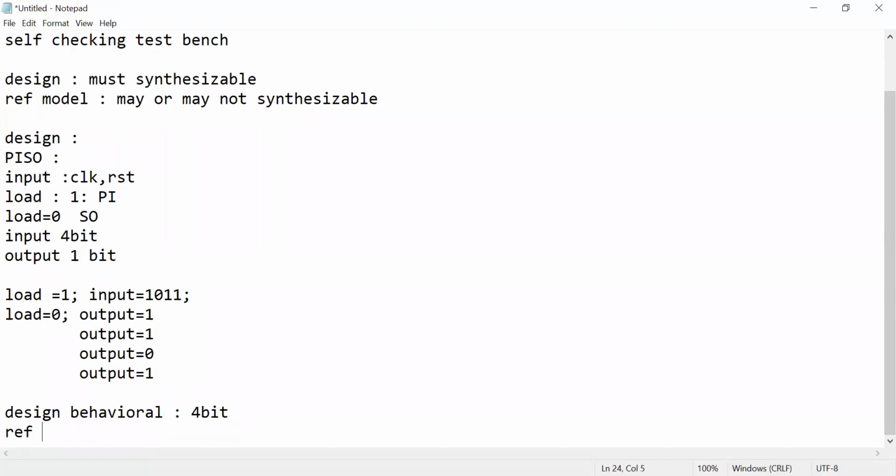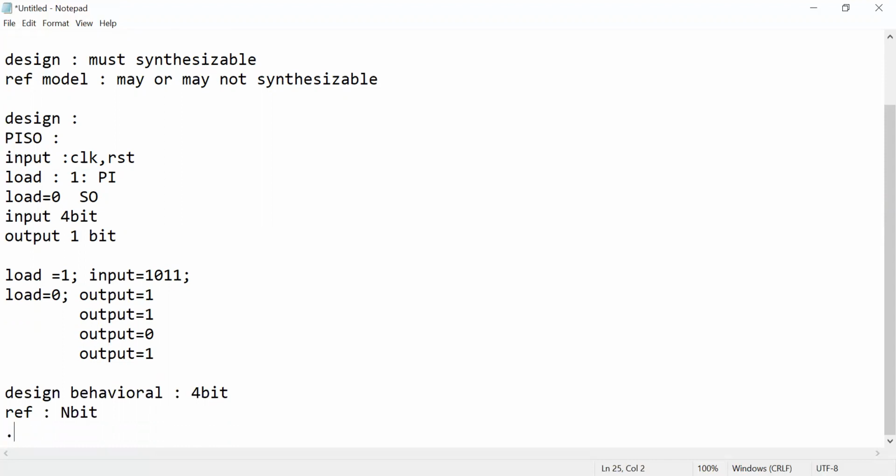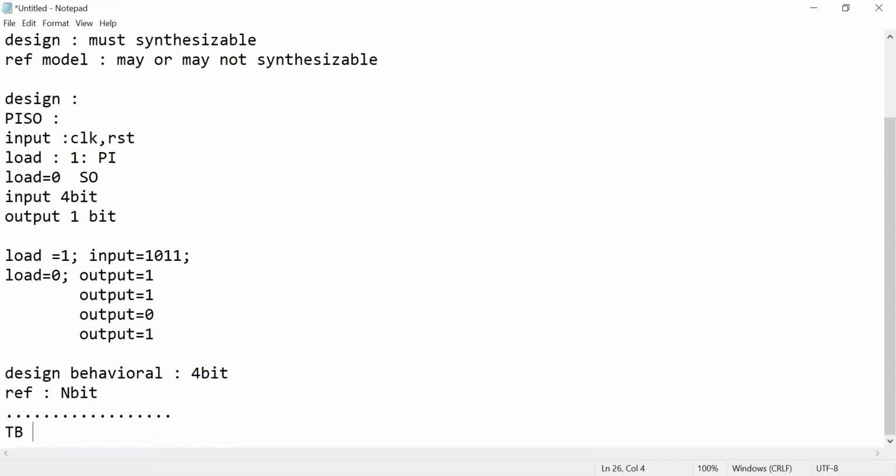In the reference model, I'll be writing a code for n bit, like an n-bit shift register. Using a parameter, you can make it 12 bit, 10 bit, 14 bit, depending on your choice. Next, in the test bench, I'll be generating some random values. Both the values I'll be giving to design and reference, and I'll be checking the output. So let's take step by step how I'm writing the code.